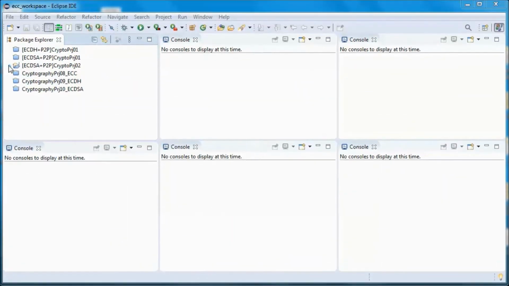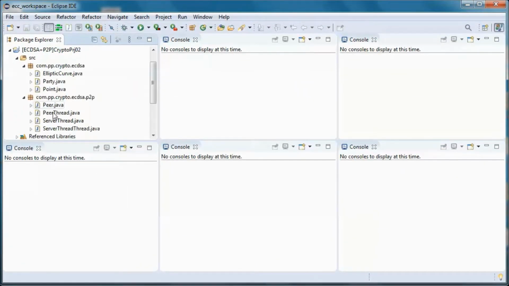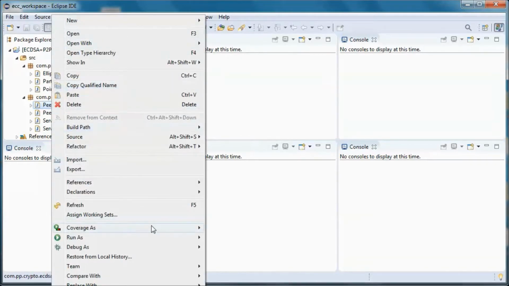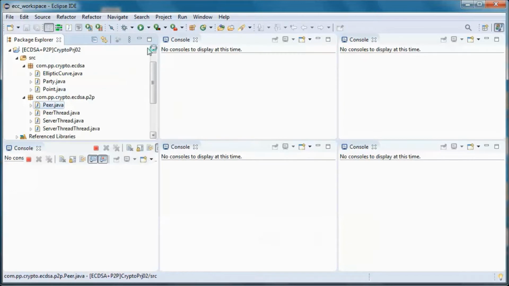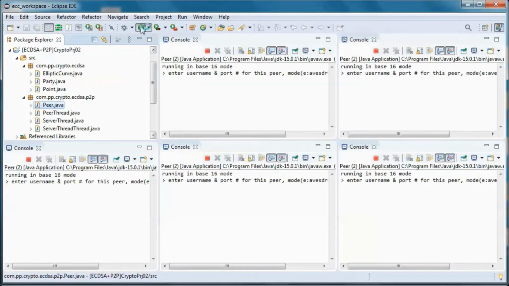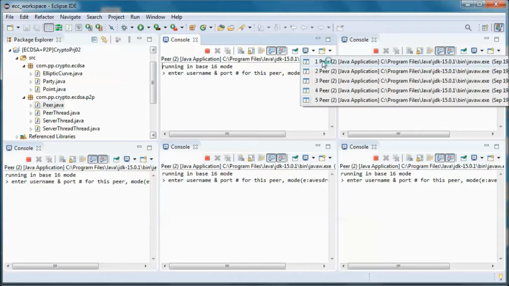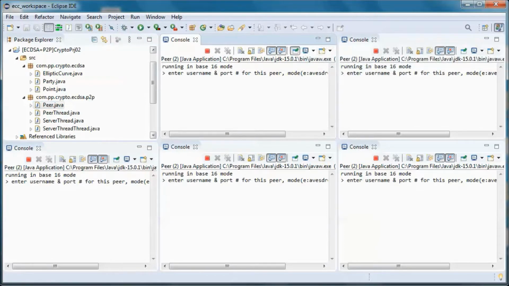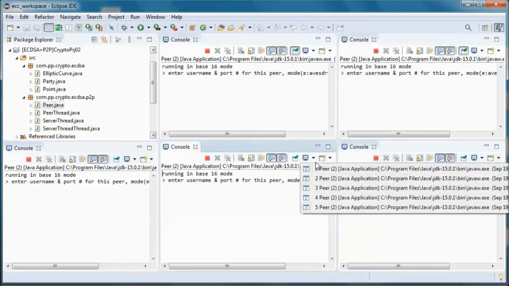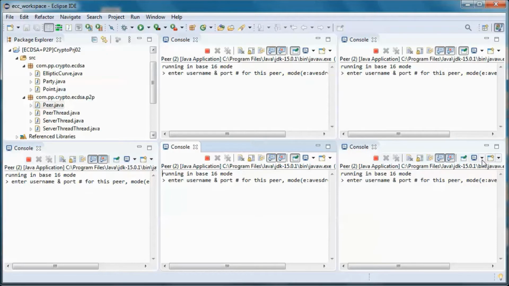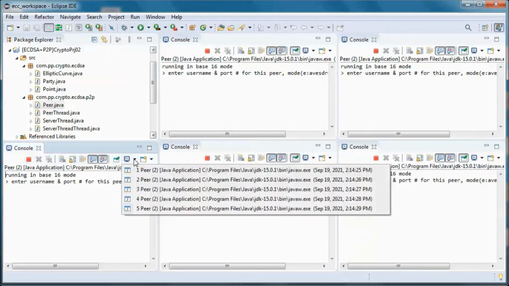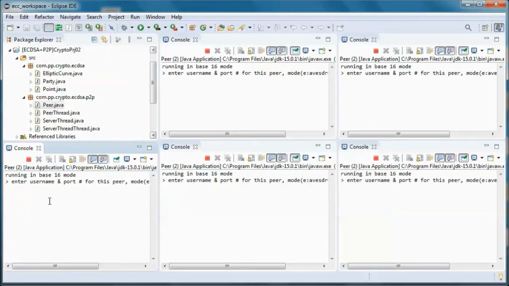This is a pre-built version of the application. So we'll have five peers: this will be the first one, second one, number 3, and 4, and this would be the eavesdropper peer.